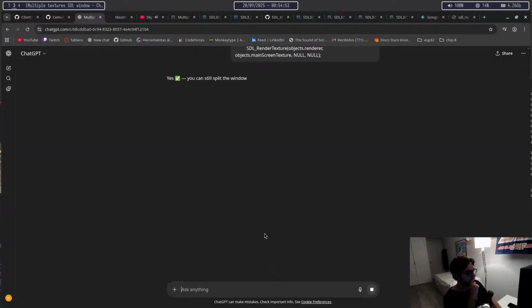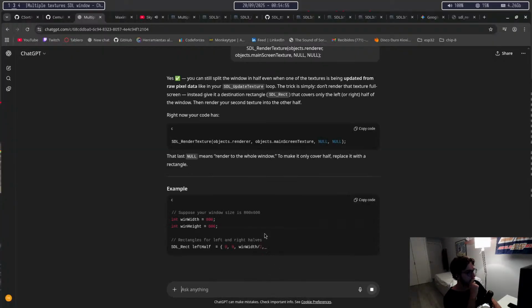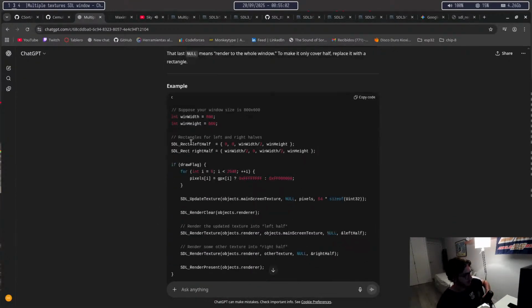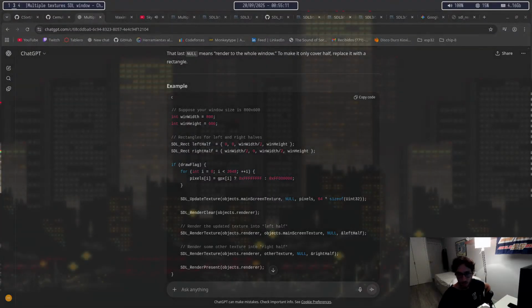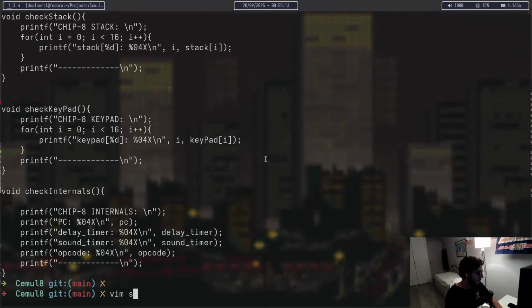Alright, yes, you can still split the window in half. Right now your code has random texture. Suppose your window size is 800. Okay, so this is low-key what I thought. So I just have to set it